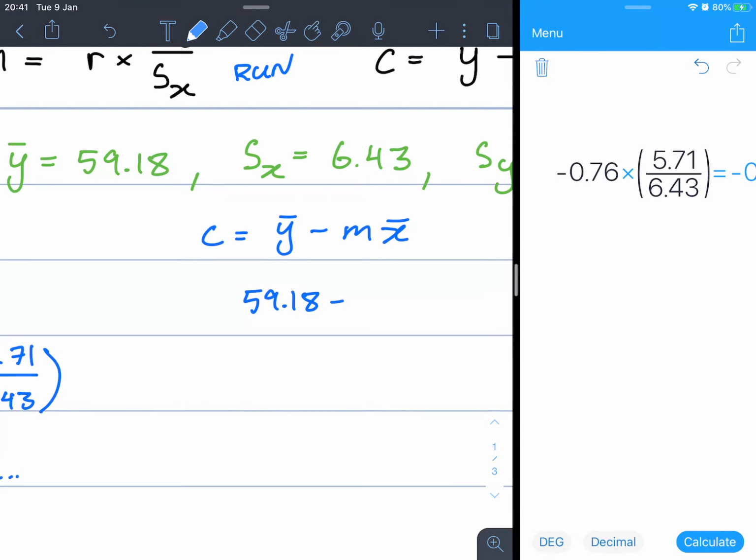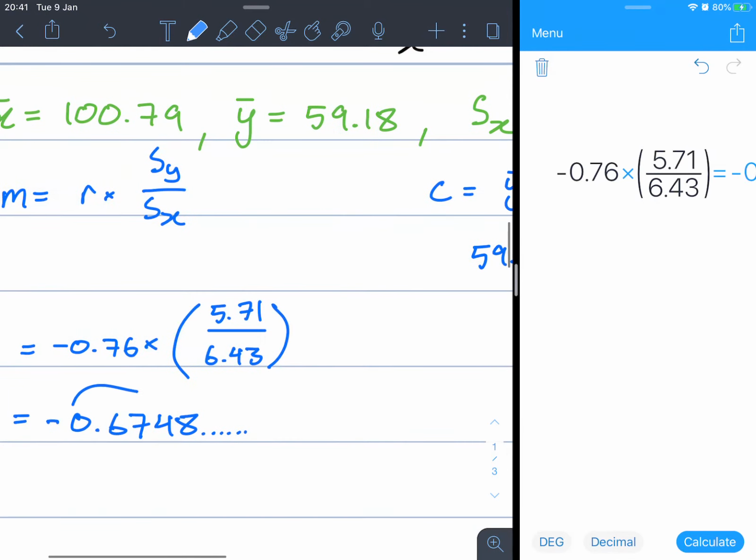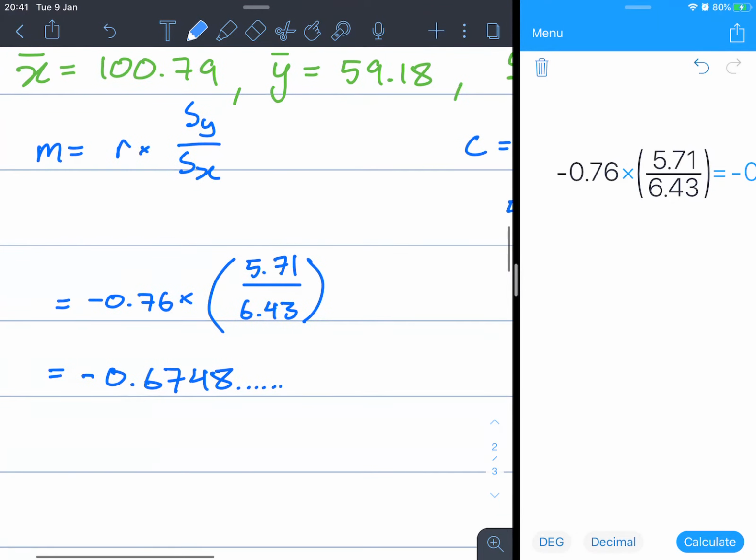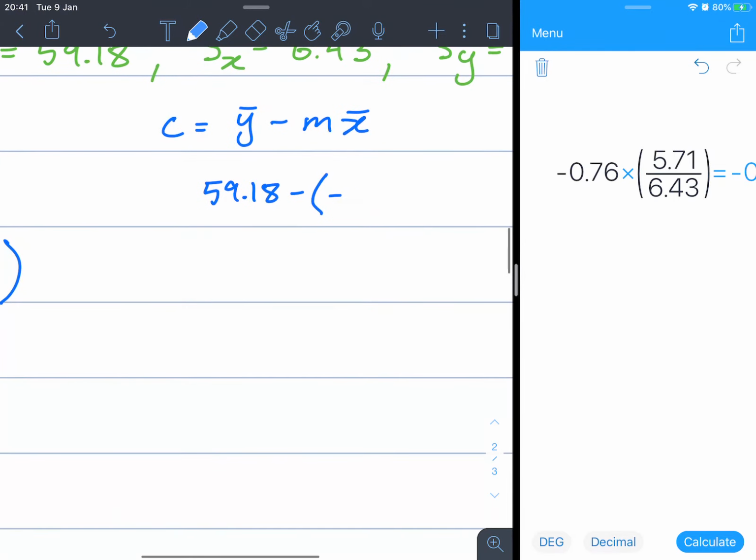Minus m, and our m value is here. I'm going to use 4 decimal places for now, so we're going to do minus negative 0.6748